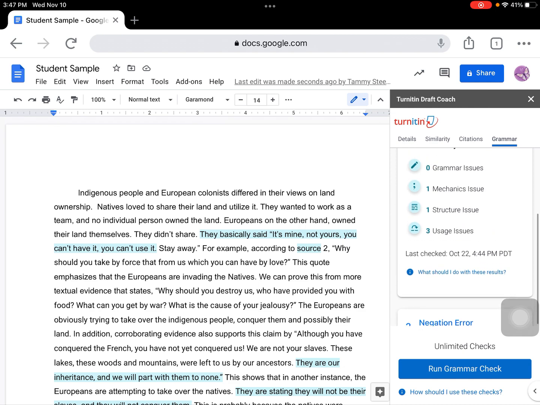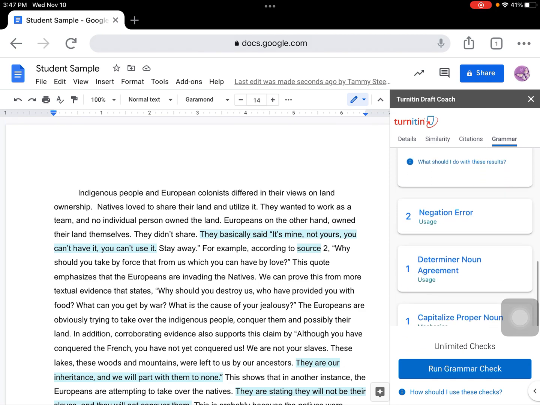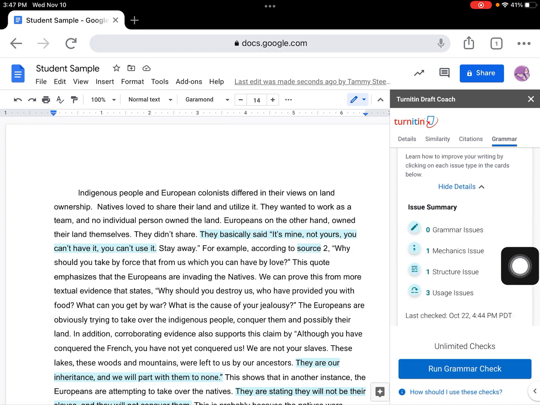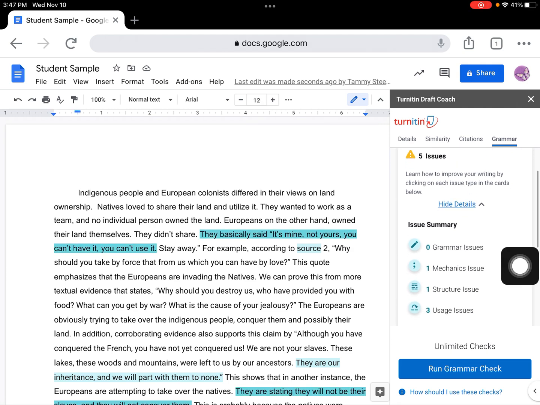And then it doesn't end there. So if you scroll down, it'll actually show you what the error is and where it is. So here, for example, there are two negation errors, and it actually highlights it in the text for me. So once I select the error,